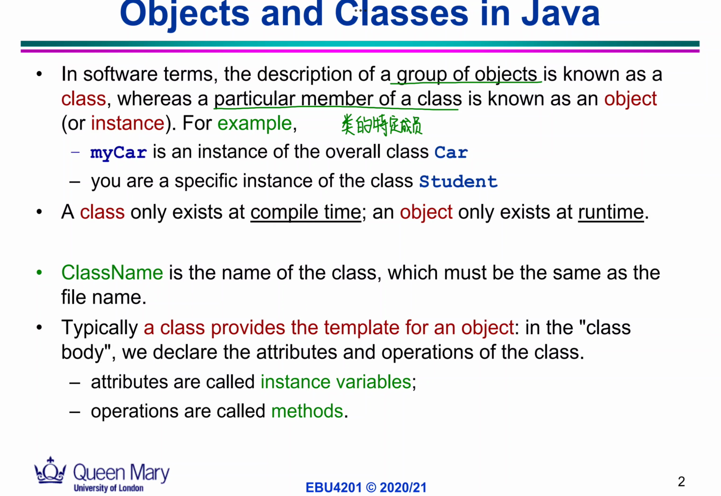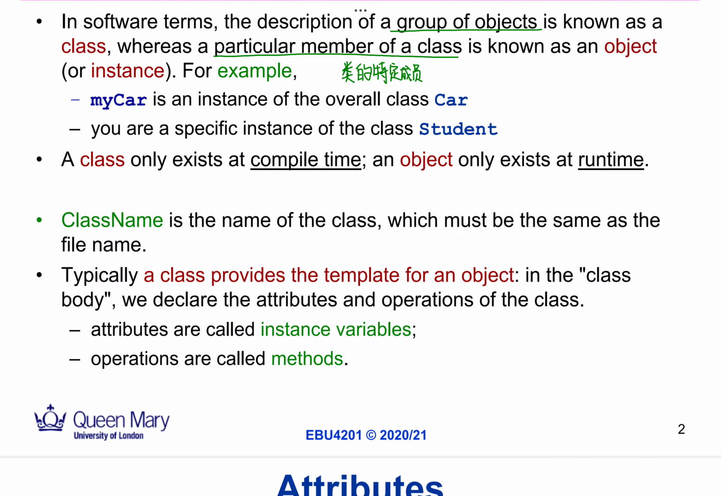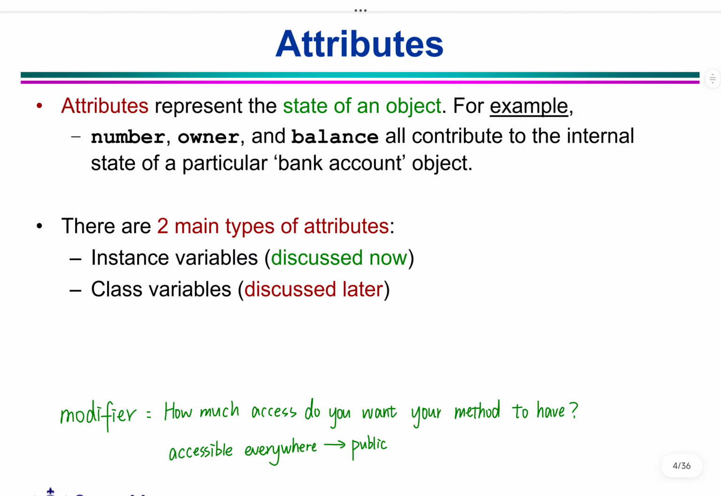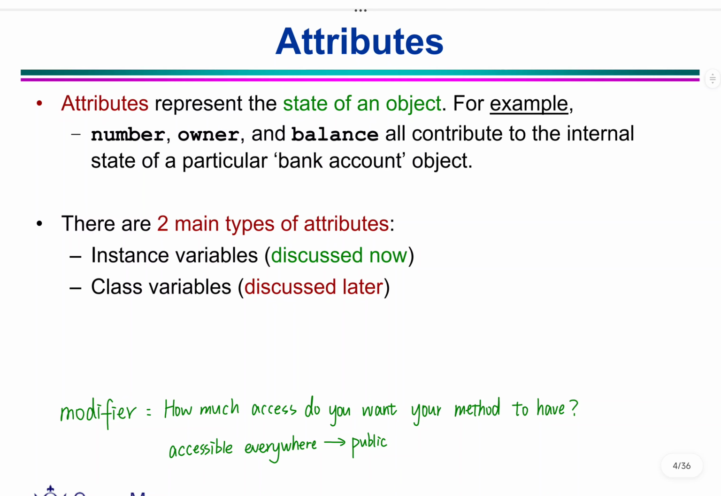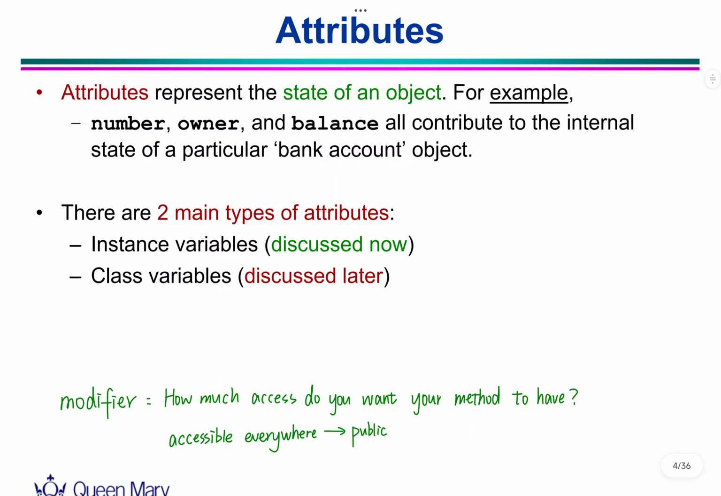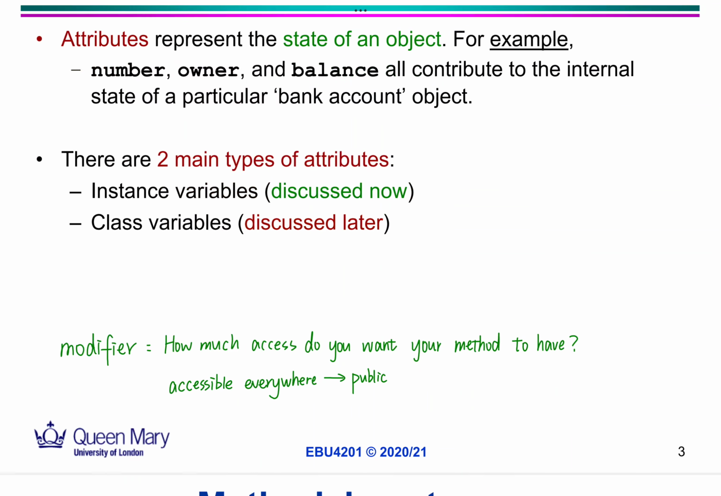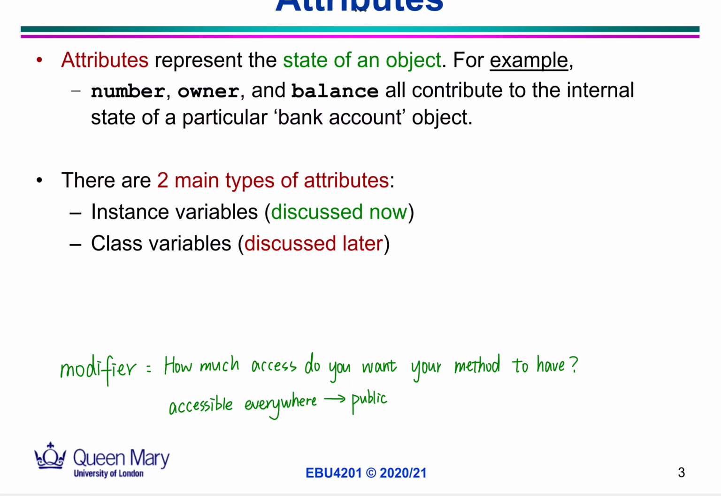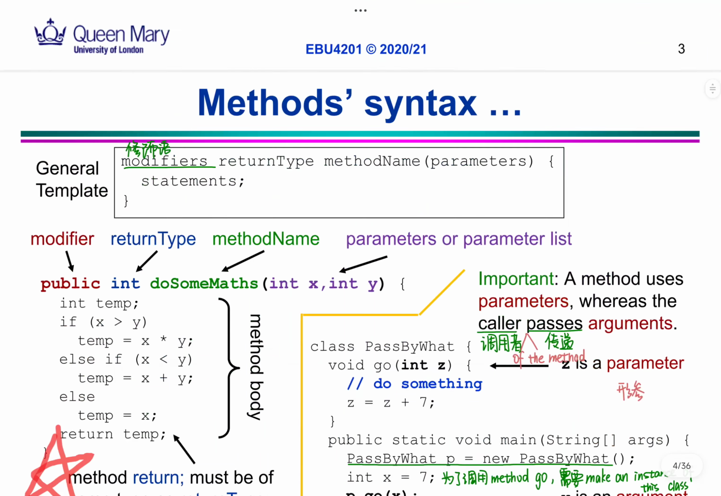Class name is case sensitive, and it is the same as the file name. Attributes are called instance variables, and operations are called methods. Typically they provide a template. Attributes means how to define how it works, and there are two main types: instance variable and class variable. I don't know what the reference variable is. Method syntax is just